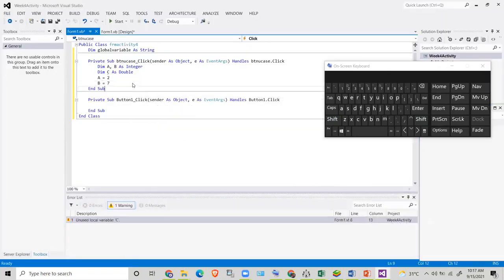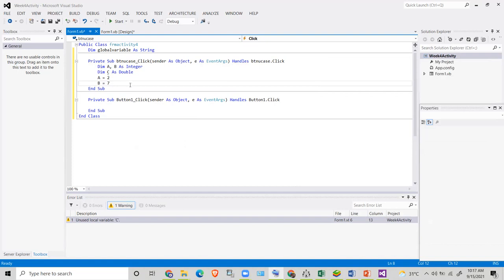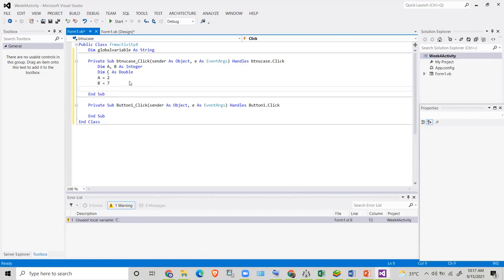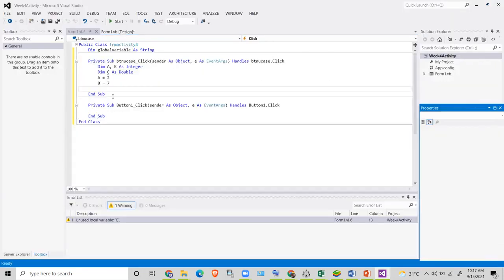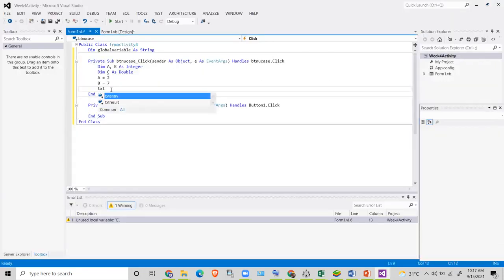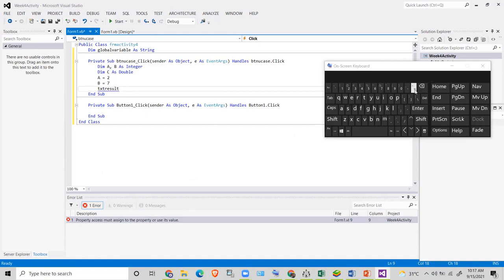Yung formula, yung unang operator na gagamitin natin ay si raise. I-cite ko lang sa inyo yung example para makita nyo. Yung result, ilagay natin kay txtResult.Text equals to